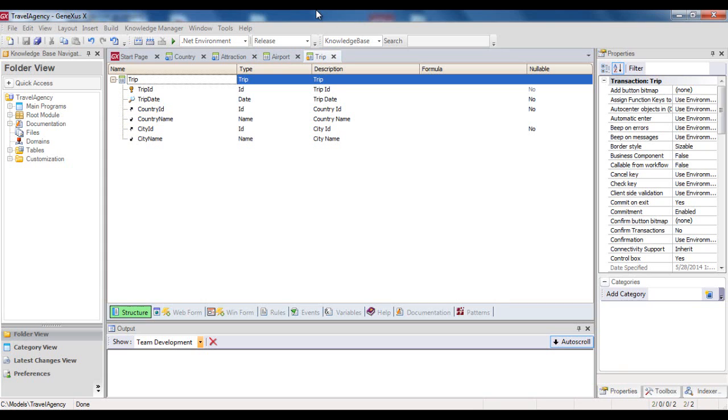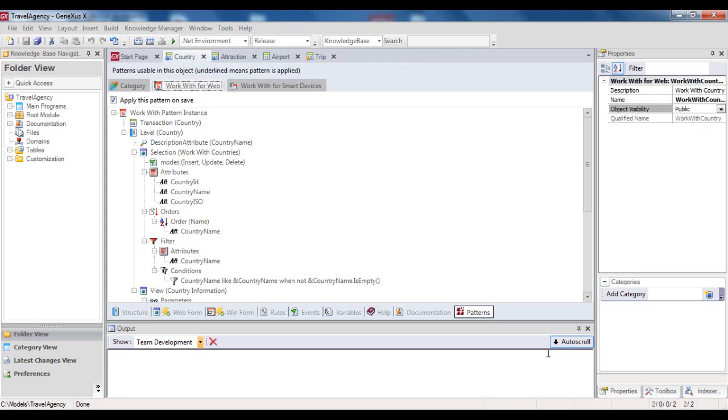Okay, we remember that in previous videos we learned about the work with pattern for web, and we applied it to some transactions. So now let's go to the country transaction and select the patterns section. And we note that besides the work with pattern for web, GeneXus also offers the application for the same pattern for smart devices. We select work with for smart devices,